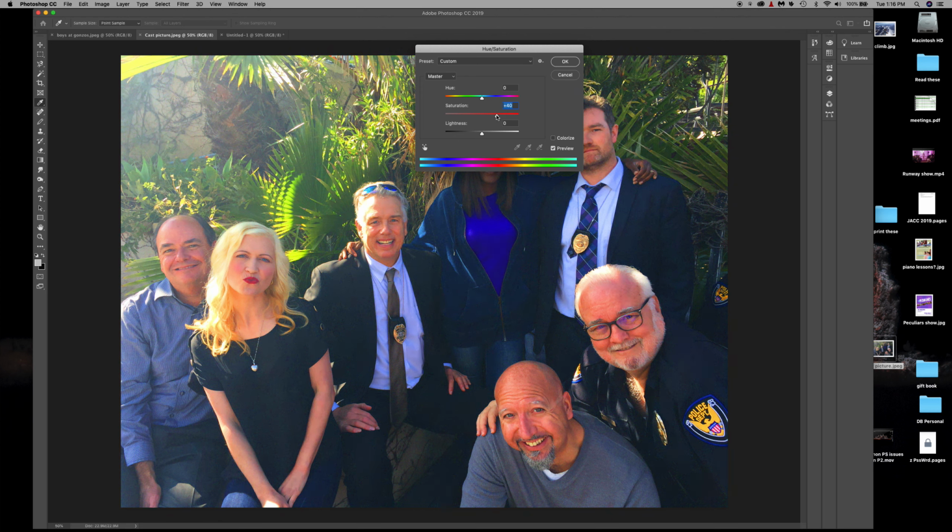But on the other side, I can make it much more desaturated. As I work my way down here, a totally desaturated picture is still an image there. It just has no color, which means it looks like black and white. So understanding that saturation is the intensity of color actually gives you a lot of leeway to, I don't know,